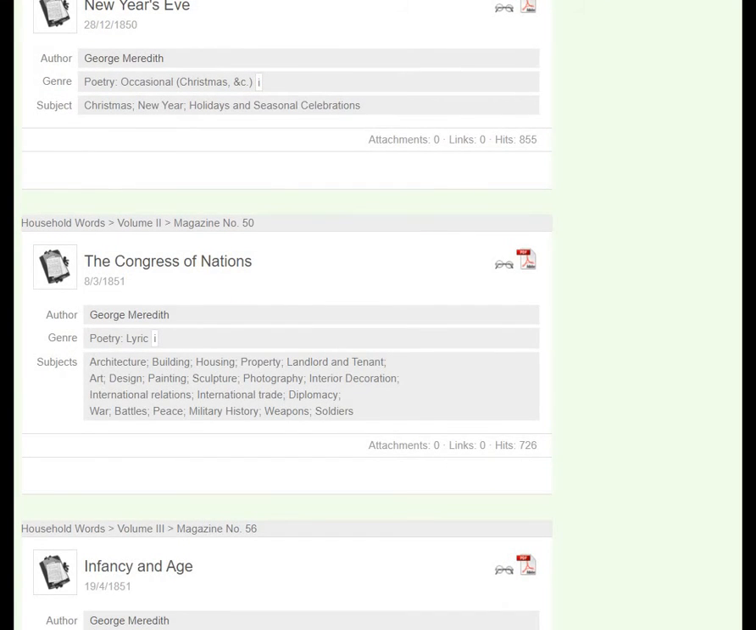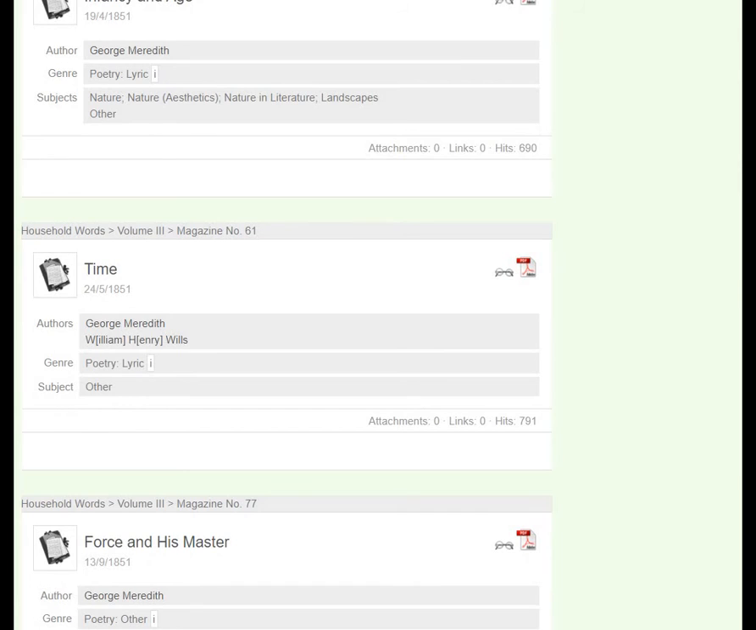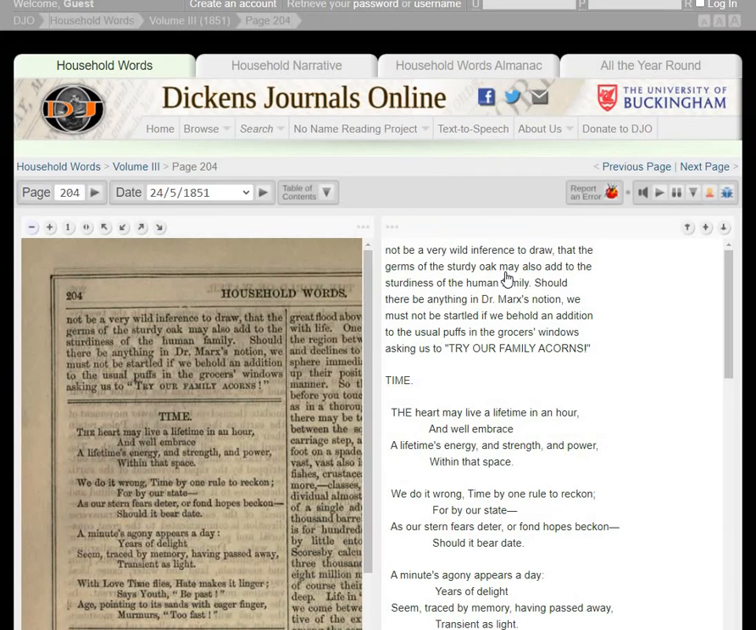Now, let's say, for the sake of argument again, that you wanted in particular the poem by George Meredith, edited to the extent that he gets a byline by the journal's sub-editor William Henry Wills, the poem called Time. You can click on the glasses, and that will take you to the facsimile page from the journal,